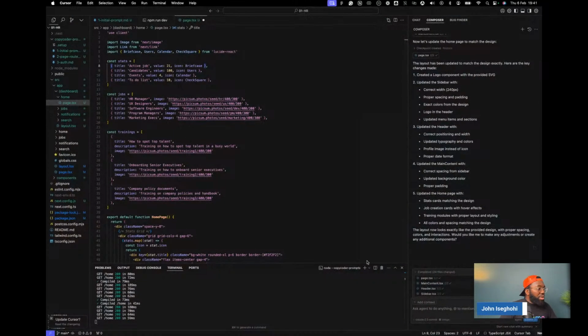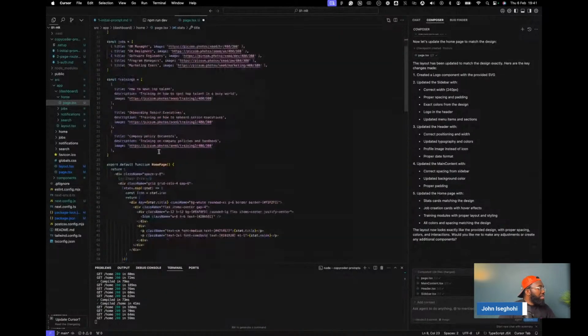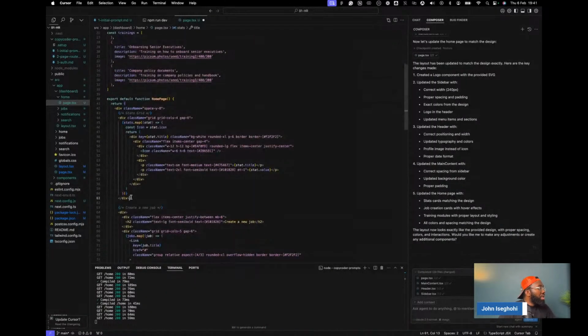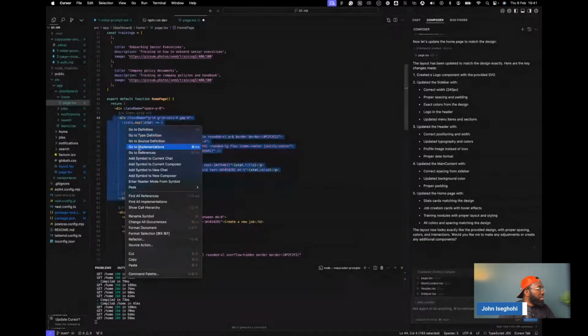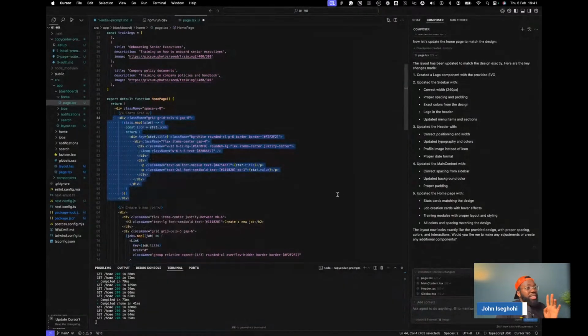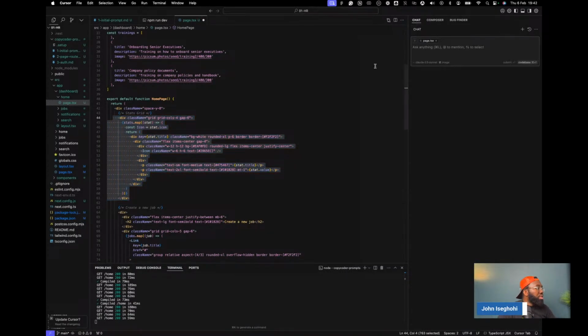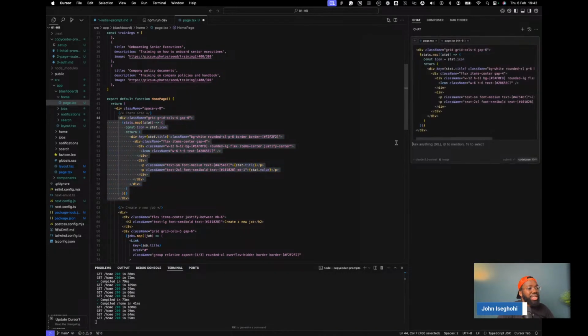So I'm going to tell AI that, look, I want this component. Okay, I can copy this code. Two ways I can do this. I can either use the chat. I can chat with AI, and say, look, I want this. Once you highlight, I want this code component. Okay, chat, add to chat, and say, I want this code component